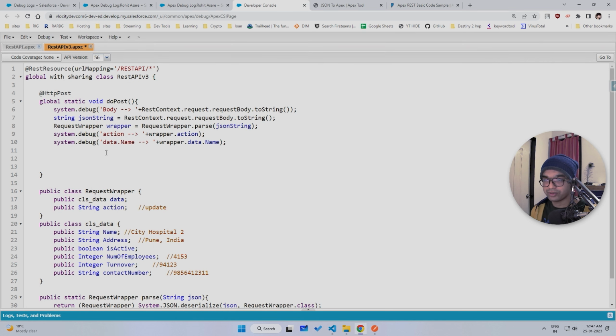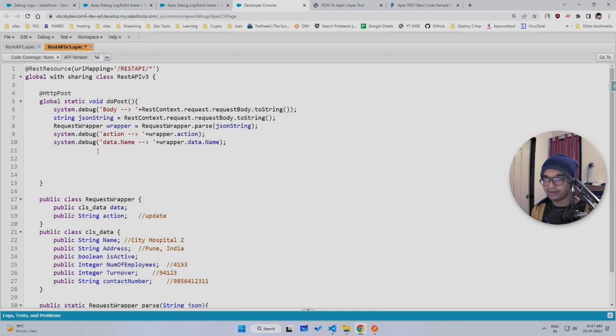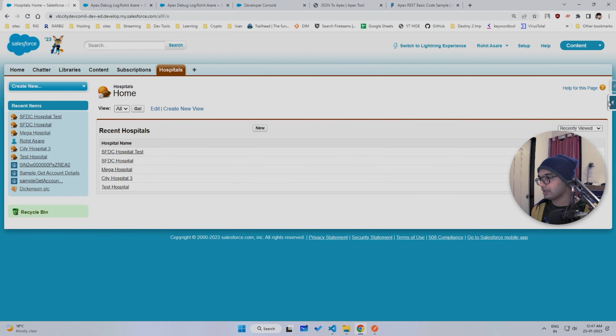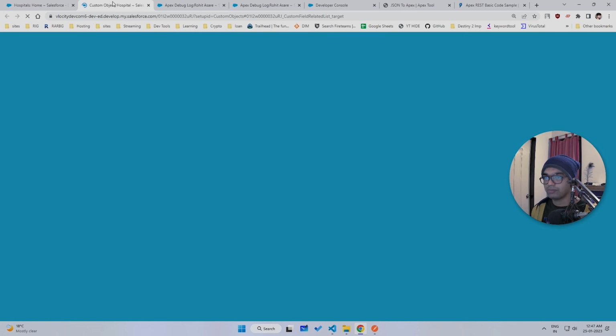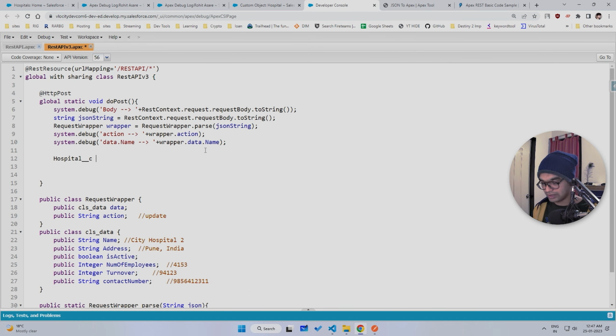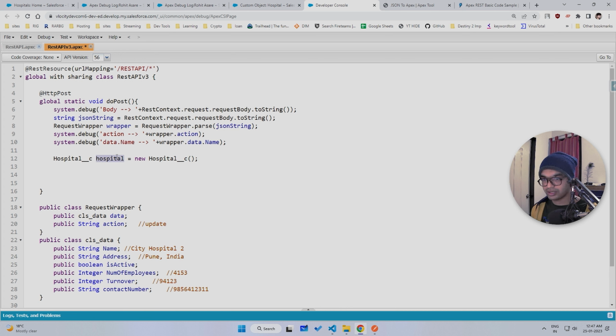Now I just need to use these values and create some record. To create a record, I already have created a code here, but I'm just gonna show you guys again. I have this code called hospitals. I'm just gonna go here in objects, and create one hospital record. So let's make it hospital is equals to new hospital initiated, and hospital dot name is equals to